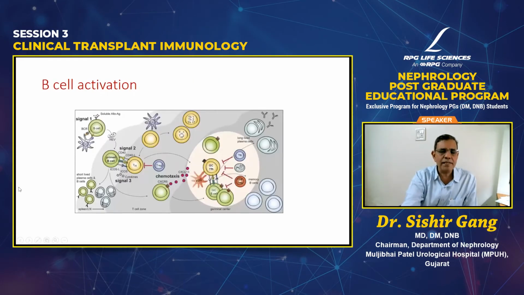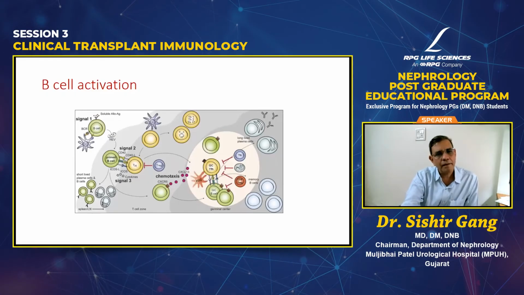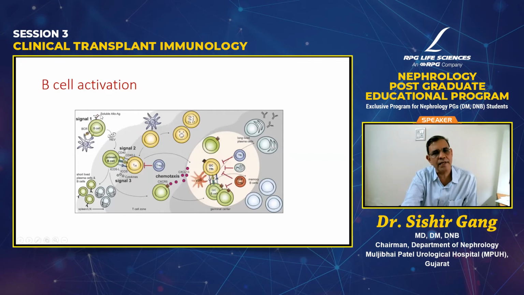Now, how does the B cell come into play? As you all know, how does the B cell actually get educated? All this action happens initially in the spleen or in the lymph nodes. Once the soluble antigens, that is the HLA molecules, reach the B cell, if you see a lymph node, just imagine this is a lymph node, these are the afferent areas where the lymph drains into the lymph node. And you can get a soluble alloantigen over here, or the dendritic cell can bring the antigens to the B cells.